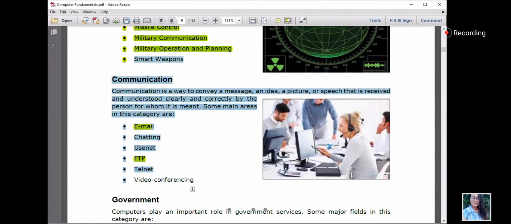Then we have the video conferencing option. Nowadays, due to this pandemic situation, every organization is moving to video conferencing. Another thing we have here is Usenet and Telnet. Now Usenet is sharing of a forum type. There are discussion forums where you can put your own articles or your own thoughts, like Stack Overflow. Stack Overflow is a very famous one for computer developers.